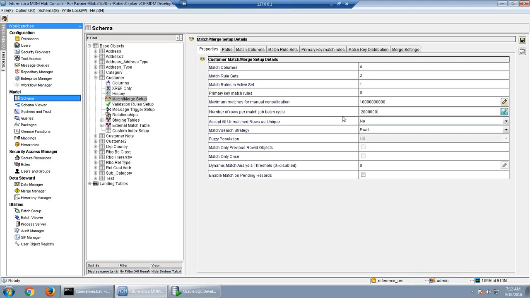So let me show you that part. We have only 4 records, so I will set the number of rows per match cycle to 2, so that only 2 records get matched. I will leave the maximum matches for manual consideration at a higher number. In our case it is a very small number of records, so I will just put 1000, which is the default.